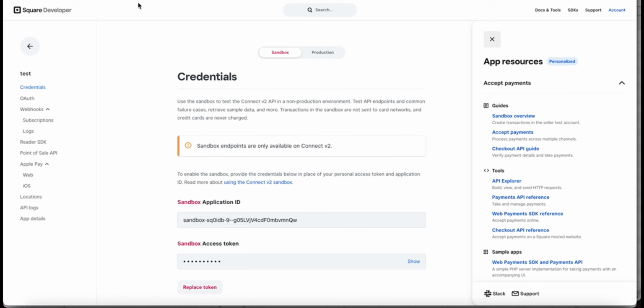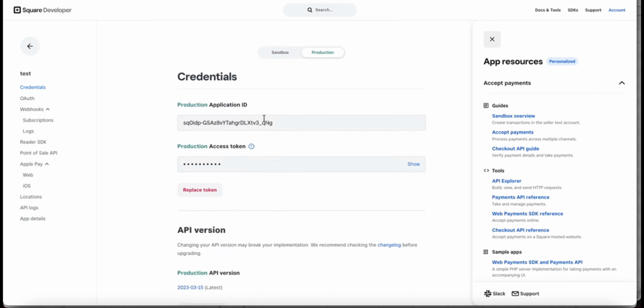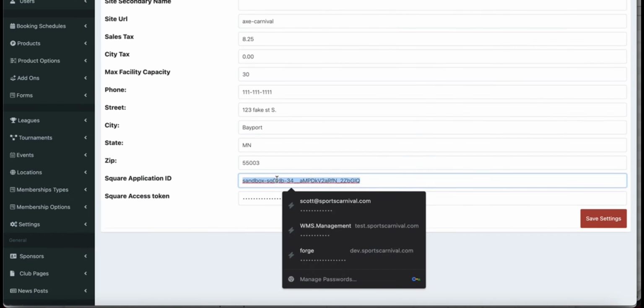Okay. And then once it's created, here are the credentials we were talking about. So you'll have sandbox or production. If you want to test it, use your sandbox. If you'd like to go live, click this production tab, and we'll click this first one,